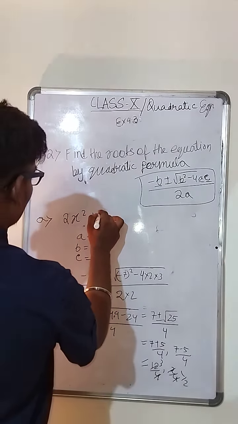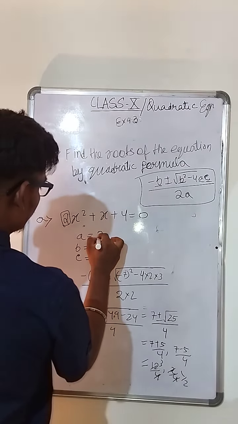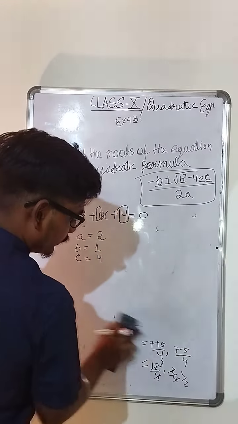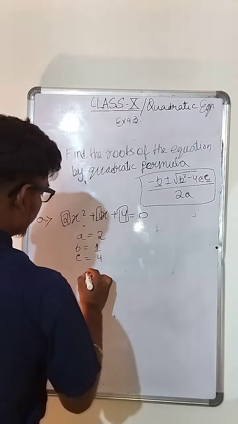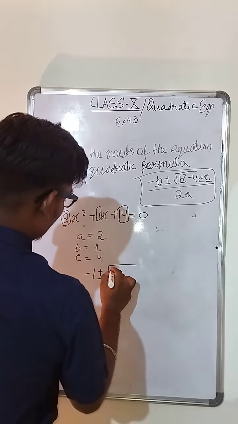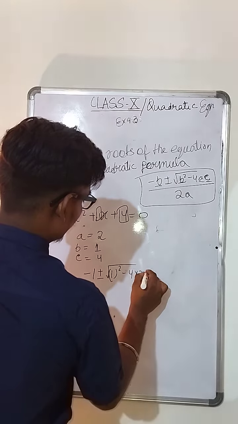So what it will be the a, b, c? A will be 2, b will be 1 and c will be 4. So applying to the formula, minus 1 plus minus root over 1 square minus 4 into 2 into 4